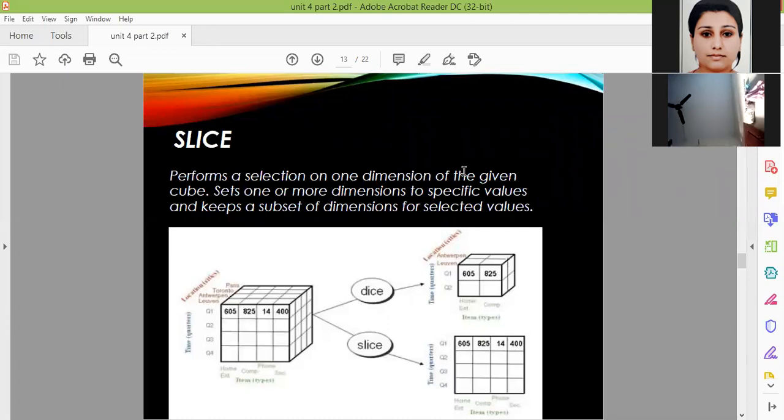So we have a big cube here, and if we are extracting the smaller data from it, you are considering all the dimensions. Okay, if you are considering all the dimensions but the stored data is limited, then it is called a dice, but the shape is the same. You are having a big cube and you are creating a small cube. So this is a dice. But in the slice, what do you do? You are taking a single dimension and you have one instance of data. There will be no dimensions behind it, there will not be 3-dimensional data. This is the slice.